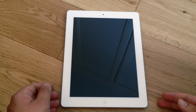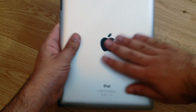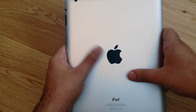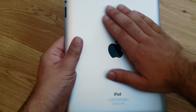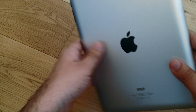When I look around the back of the device, the iPad 4 is made out of brushed aluminium, and you can see that right here. It's got this really nice, soft, smooth feel to it, and it makes it feel really high-end and a very nice, high-quality build, as you expect of all Apple products. It just feels really amazing to the hand, and it's a really good build quality, and it's definitely a nice experience when you're holding it